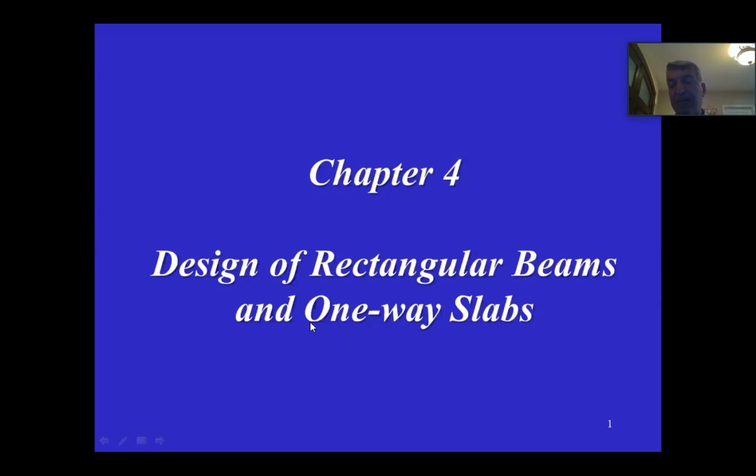And we said the one-way slab is when the load can be assumed to go in one direction. We talked about that a lot. We covered it in 359. Then a two-way slab, and usually a one-way slab has a rectangular look, while close to a square look is a two-way slab, and that's not covered in this class because it's an advanced topic. Usually if you take advanced concrete, you will cover that for sure. All right,